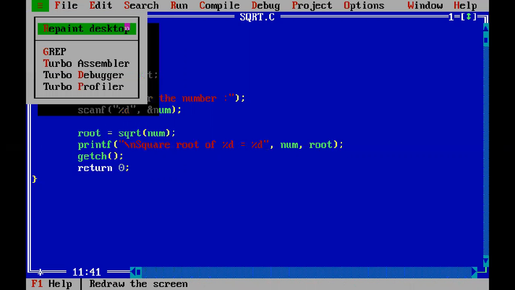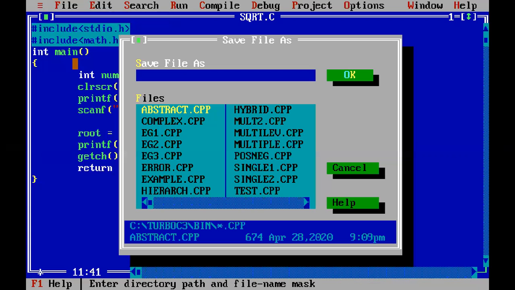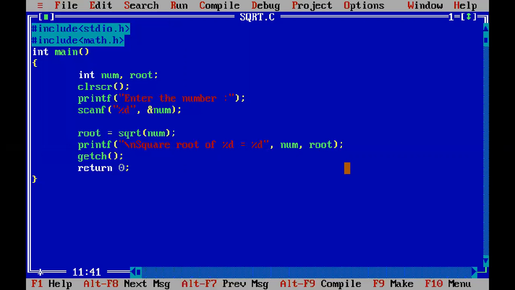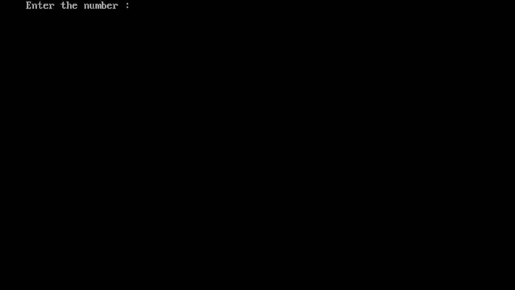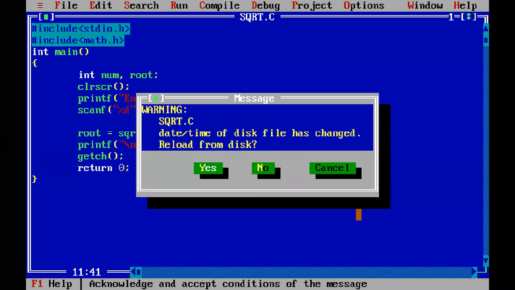Suppose I take 26. Anyways, see, square root of 26 equal to 0. So as you can see, 26 here, you are getting a value of 0 because the square root function